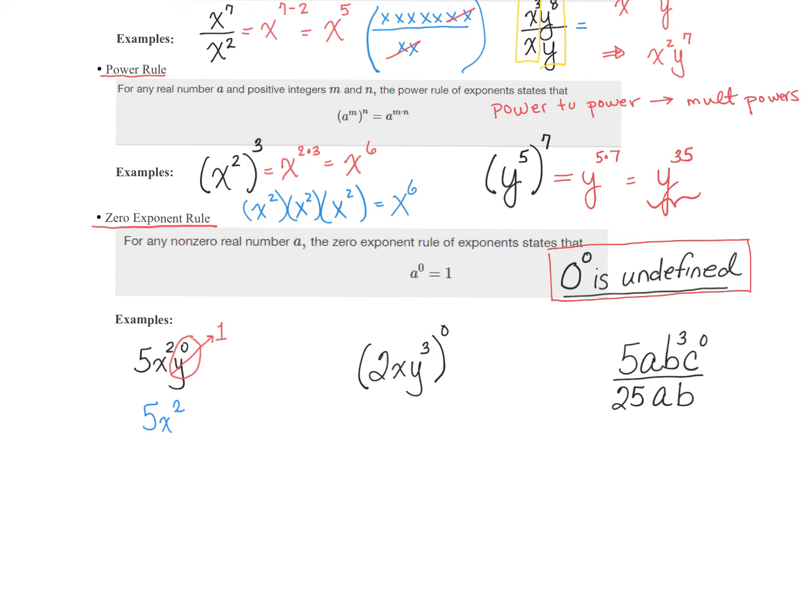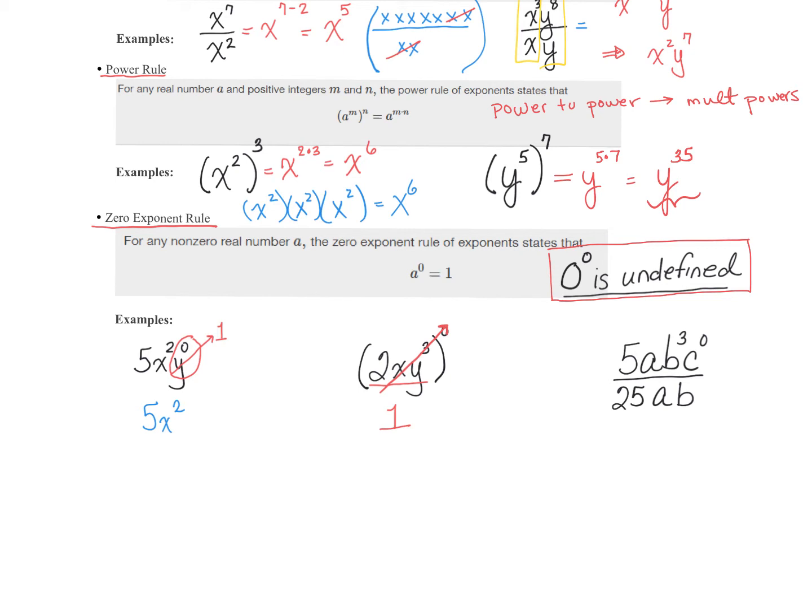For our next example, we have this whole expression raised to the 0, and like we just said, this whole thing is just going to be 1. Anything raised to the 0 power, as long as it's not 0 to the 0, is 1. And for our last example,